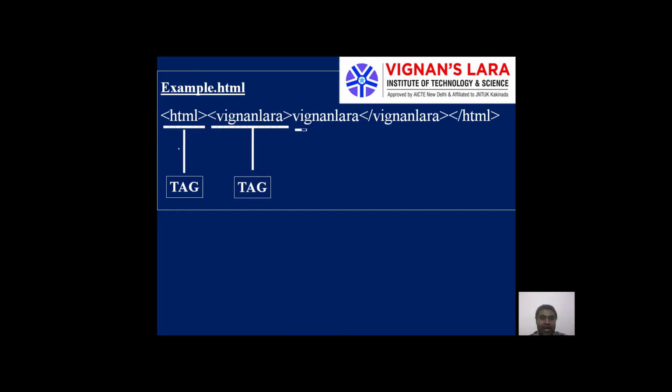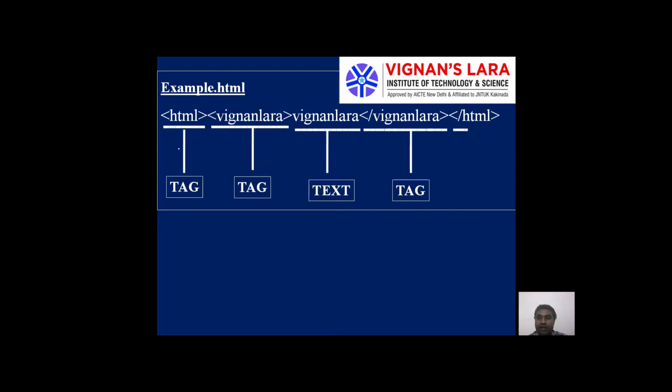After that I have written VIGNAN LARA. After interpreting this statement, the web browser comes to know that this Vignan Lara is text. After that, left angular bracket, slash VIGNAN LARA, and right angular bracket. The web browser encounters that this is a tag, and since it is not a predefined tag in HTML, it simply skips this tag.